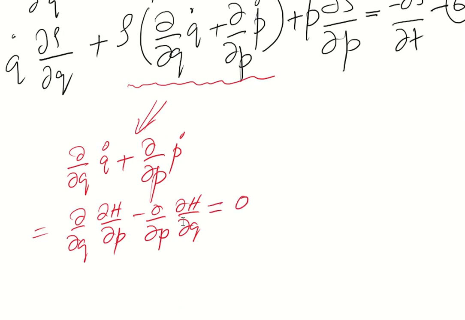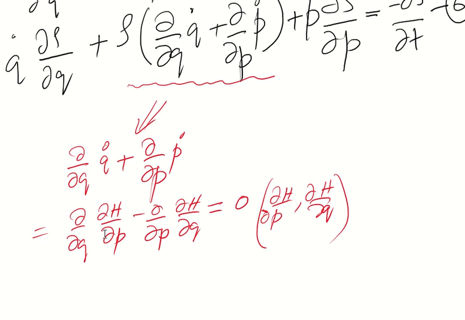We can change the order of derivatives however we like, because this is an exact differential. So partial h over partial p and partial h over partial q can be interchanged, like the order of derivative can be changed, because h has the exact differential form. So this is 0, and if we put it back in 6, we get